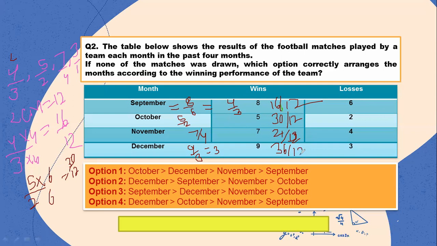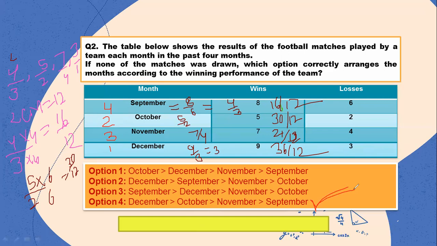Okay. Now let us see which number is the highest one, and let us arrange them. So first will come 36, December. Then comes October. After December, we have October. Then comes November. And then comes September. So this should be the sequence. Let us tally which option has this sequence. December first, October second, then November, and as you can see, in option number 4 we are getting the same sequence. So it is a higher order question.